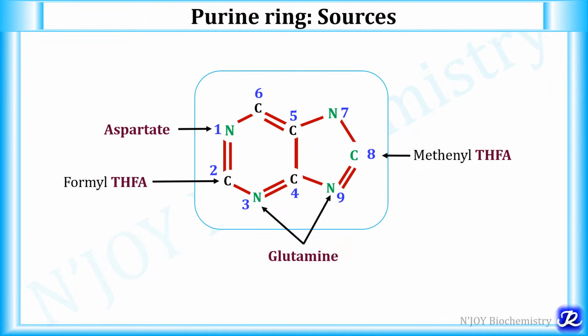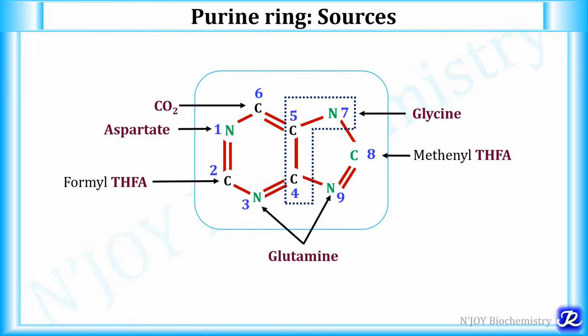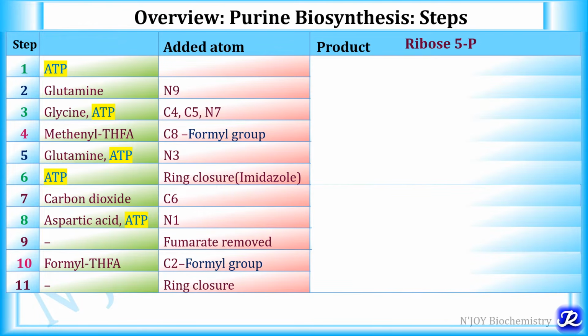Then N3 and N9 are obtained from the amide group of glutamine. C4, C5 and N7 are contributed by glycine, and C6 directly comes from carbon dioxide. Before going into details of all the steps of purine biosynthesis, let's first see the various products that are formed